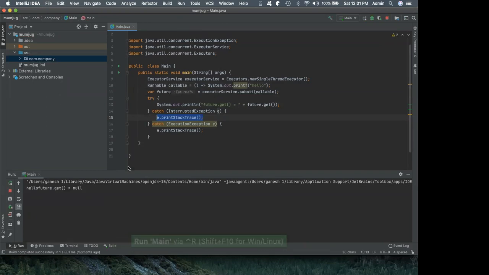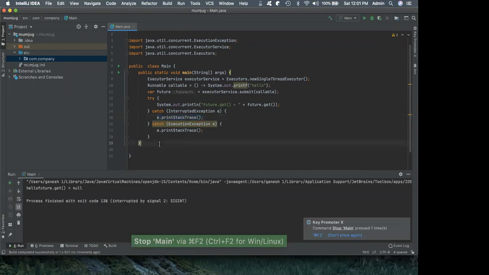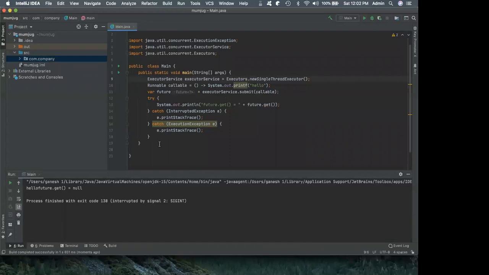Okay, this is not the proper way to do callable, but I think you get an idea of how you can drive writing the program. You can look at how fast we are able to write the program by doing it like this, by trying to drive the program through the shortcuts rather than typing it from scratch.